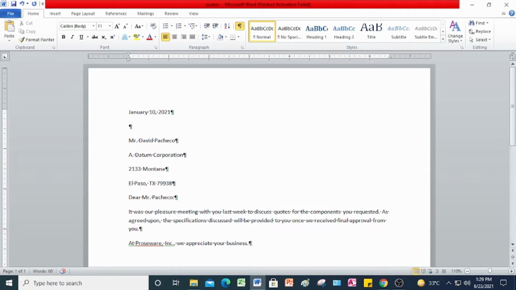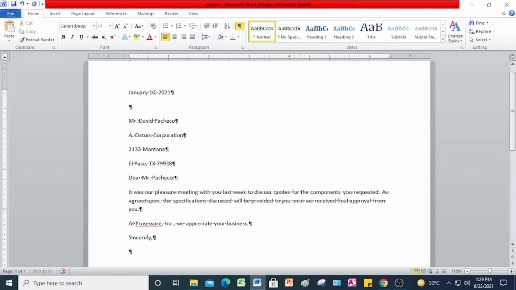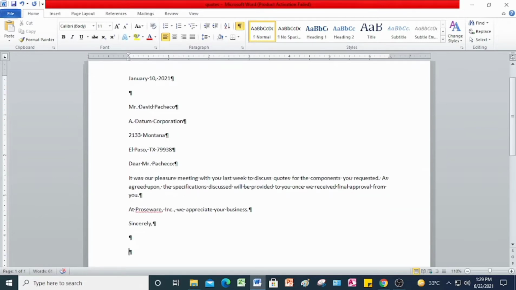Next, instruction number 10, press Enter once, and then key in the closing, Sincerely. So, next, instruction number 12, press Enter twice, and you are going to key in your complete name. For example, my complete name is